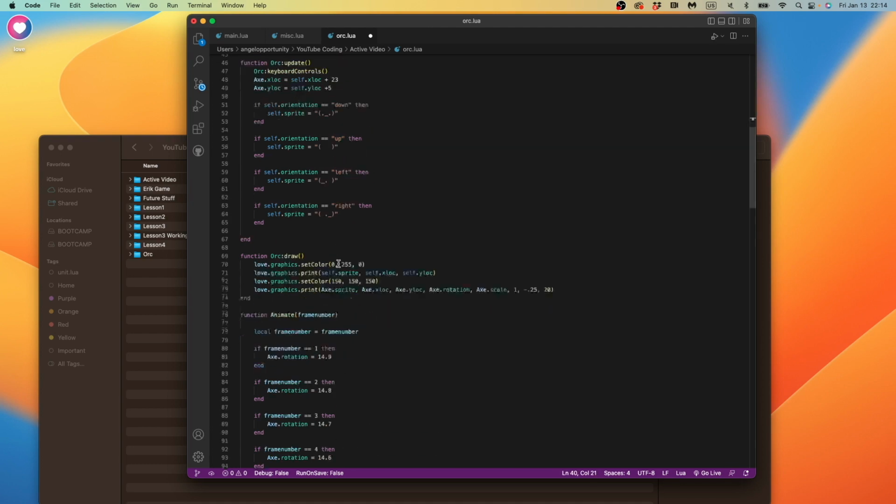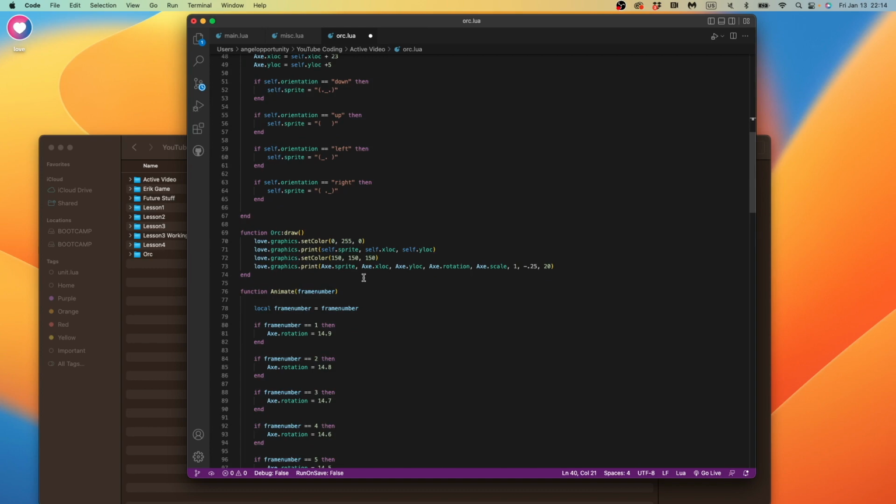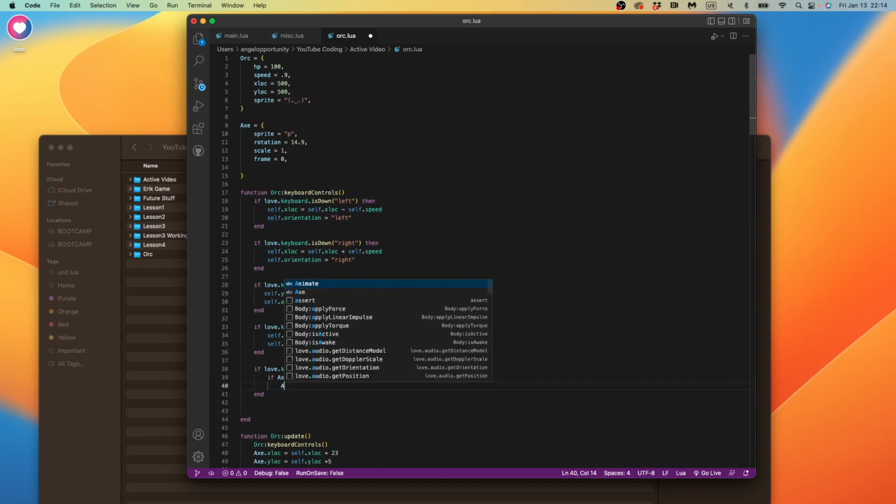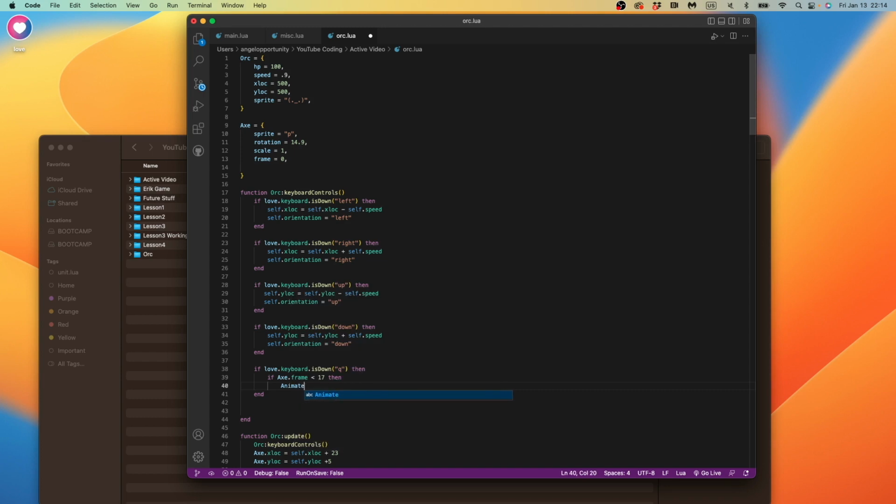What did I call it? Did I say orc.animate or just animate? I just said animate. And we are just going to call it animate, I think, because it's mostly the axe animating. You could do it axe.animate. Honestly, like I told you, this wasn't the best approach to do this. Okay, so we're going to say animate axe.frame,